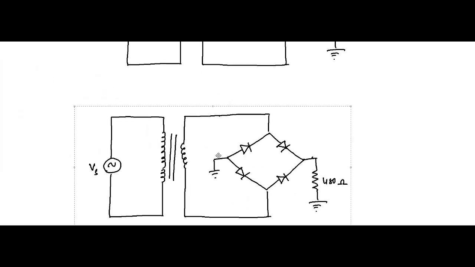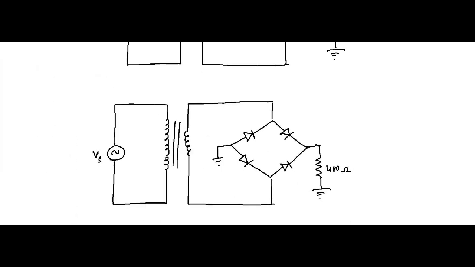So at any given point of time, let's consider the positive half cycle. In this case, this diode, where the positive is connected to the P and the negative is connected to the N,